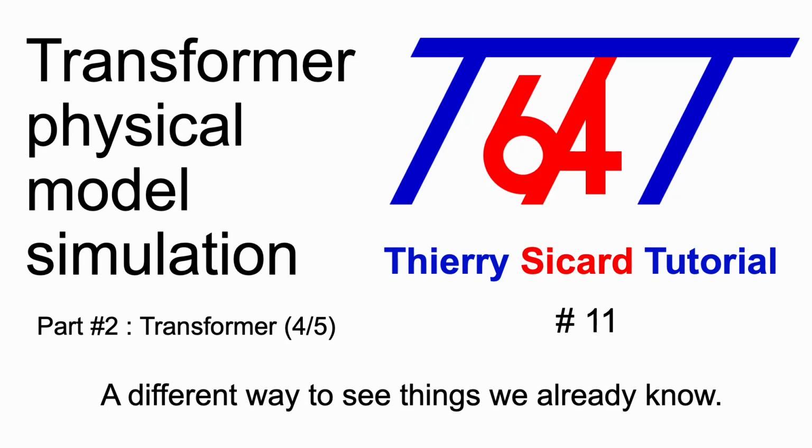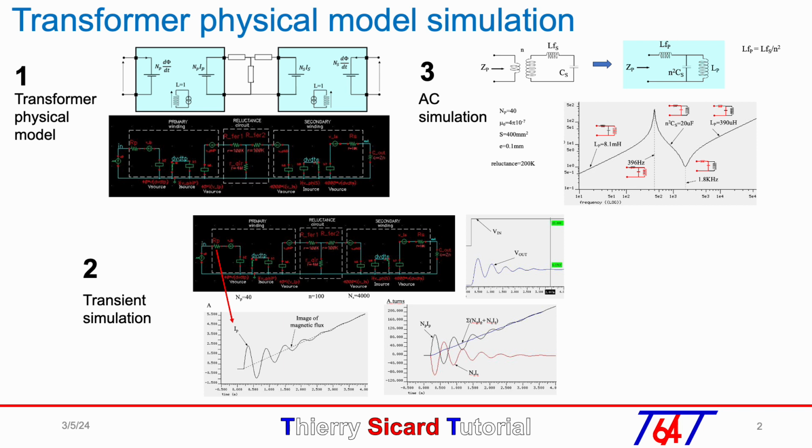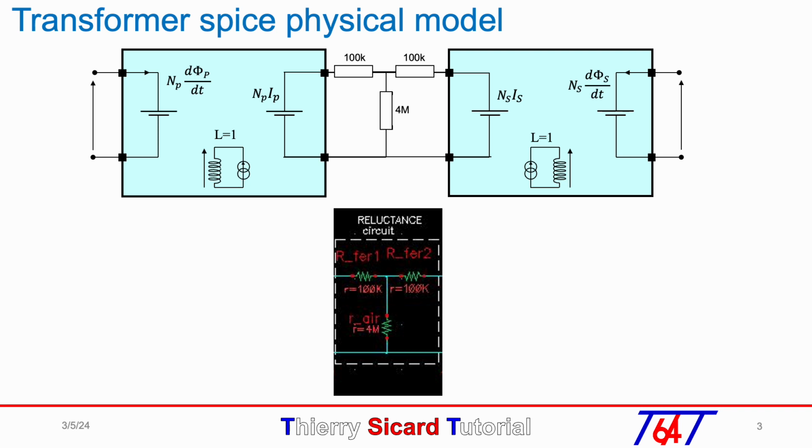Hello everyone, during this TRC car tutorial number 11, I will present a transient and AC SPICE simulation of the ignition coil using the physical transformer model. The three reluctances, 100K, 100K and 4 megohm, are transformed into three resistances in the electrical circuit to simulate the